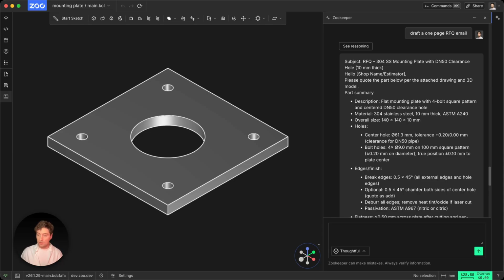The best thing about Zookeeper is that it guides you from A to B, from receiving the task to actually manufacturing the part, or creating geometry, editing geometry, validating, scoping, all the stuff you need, and everything is context aware. So it will look at the model you have and give you all the advice based